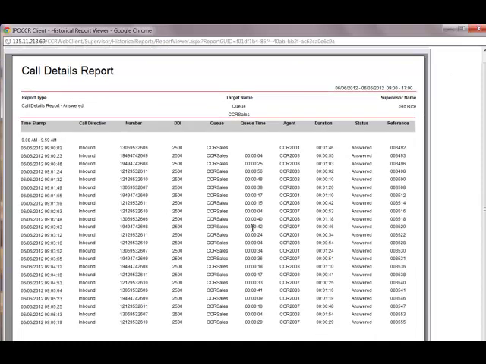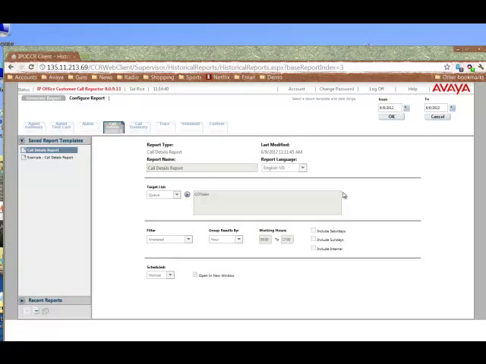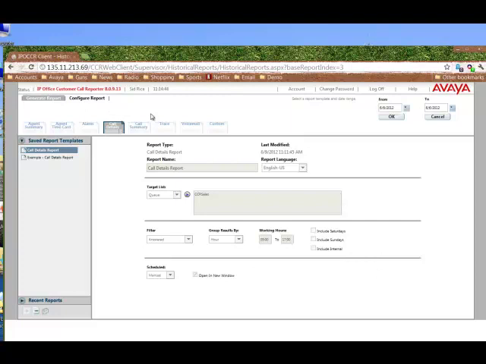So this would be my report. I'd see all my different details. I'm going to go ahead and close that out. By the way, you notice I have 75 pages, so I had a lot of calls that day, we'll say, or maybe it wasn't a lot, depending on your call center. So I'm going to go ahead and close that out. Now, if I go back to configure,